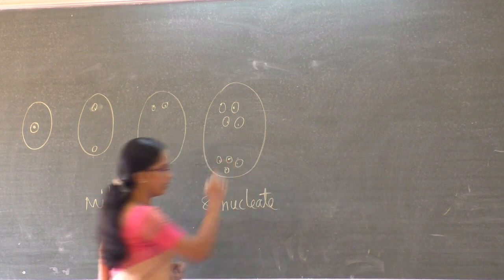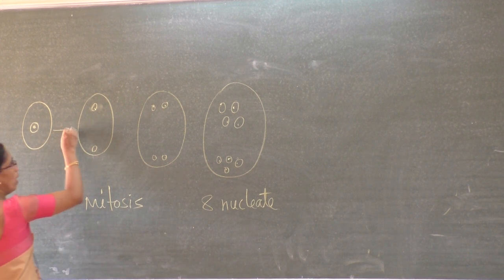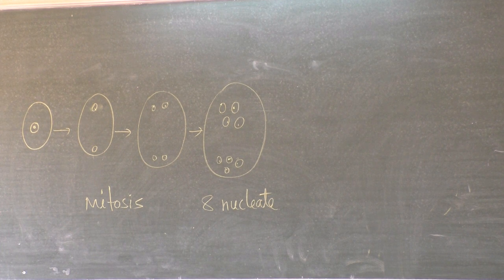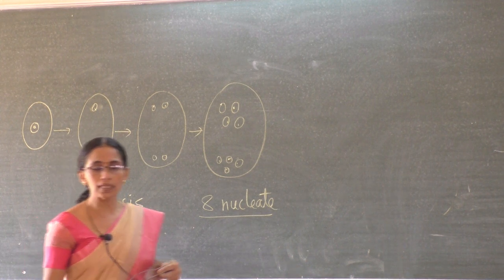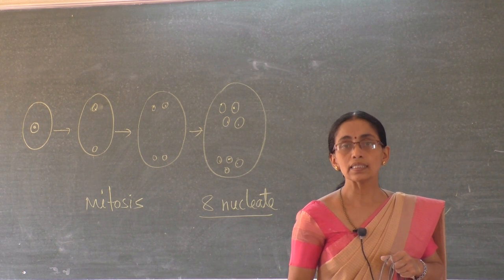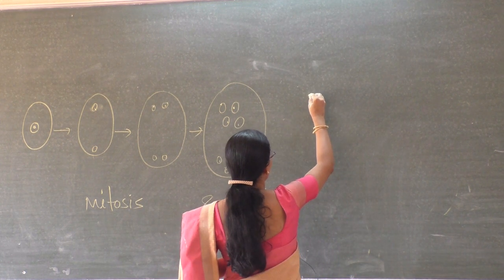Now, the nucleus of the functional megaspore undergoes mitosis continuously 3 times, resulting in 8 nuclei. Here nuclear division is not followed by division of the cytoplasm. So now it becomes 8 nucleate. After this, the nuclei start to organize. In the sense, cell wall formation occurs between the nuclei, resulting in somewhat like this.